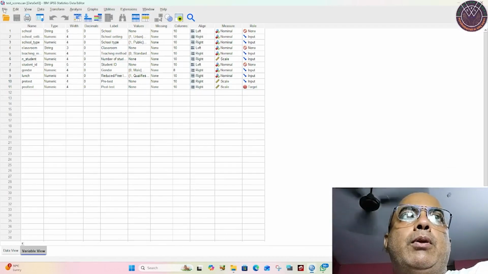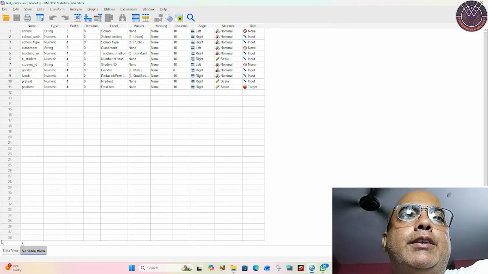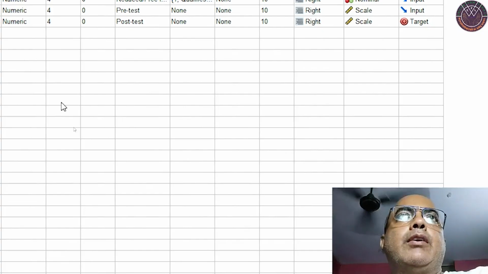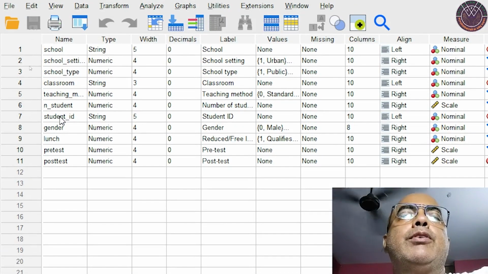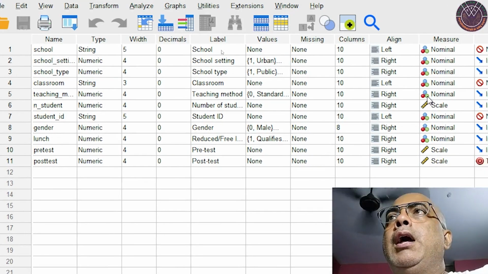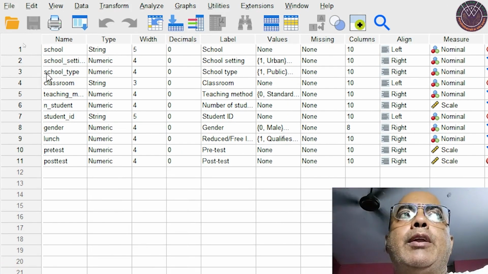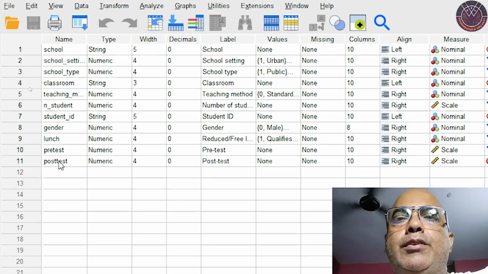Suppose this is one problem where we are seeing these are the set of variables. You can see school, school setting, school type, classroom teaching. So all different sets of variables, because it is one problem and so many variables are there. But we will just try to see if there is a difference between the school setting and the post-test result,